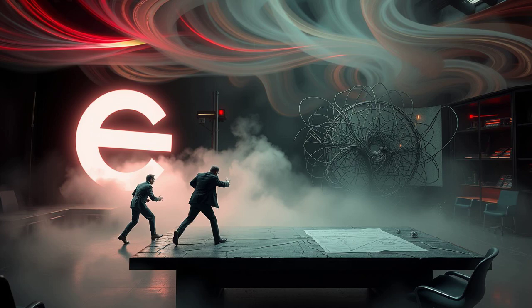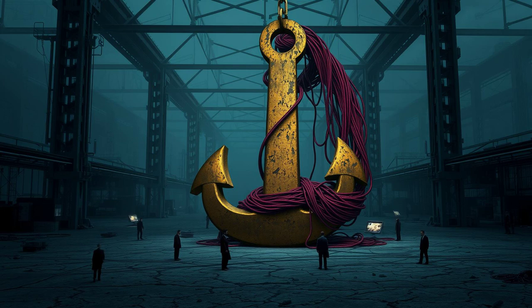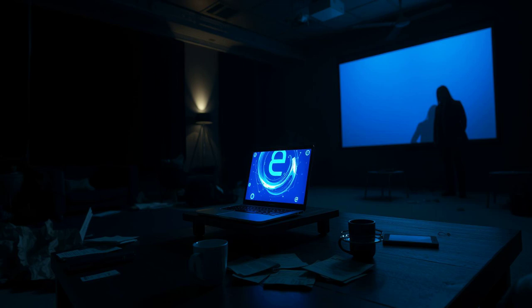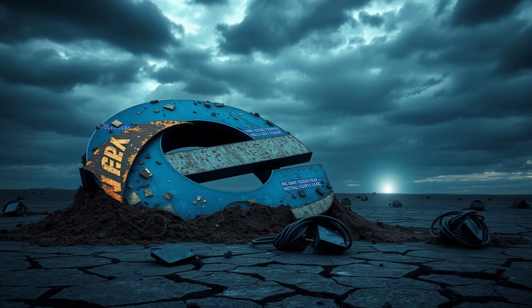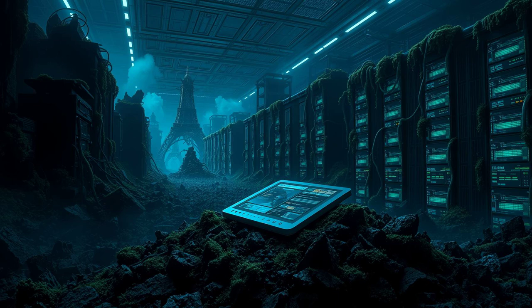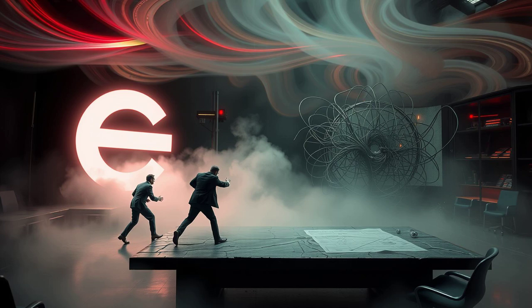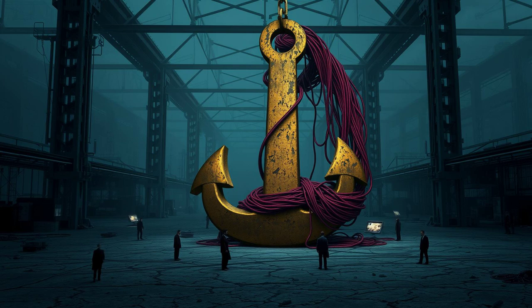Internal panic sets in. The once confident halls echo with frantic energy, often channeled into misguided attempts at reinvention. Teams chase trends, adding features users didn't need, while ignoring the core issue, speed and modern web standards. This period sees a major turning point. The release of a version intended to compete, but which arrives too late and feels instantly outdated, like trying to sell flip phones in the age of smartphones.